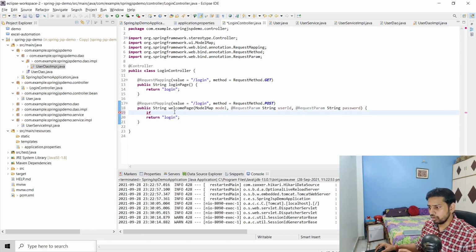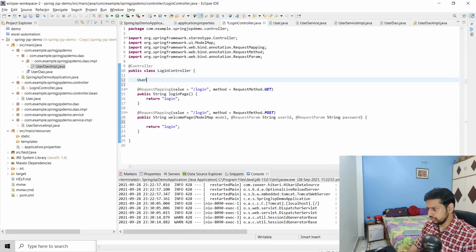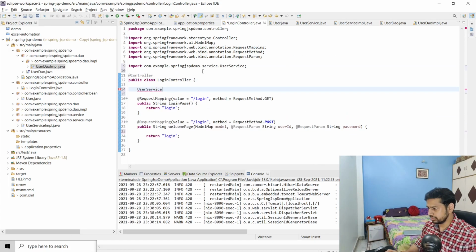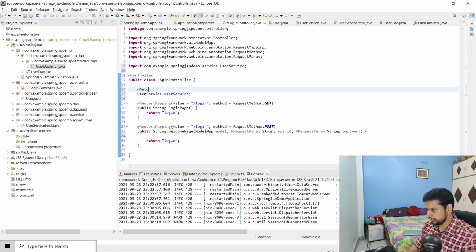Now I'm going to make those changes through Bootstrap to make it look like it is actually an error. So here, first we have to create a user service instance, and we have to autowire it.